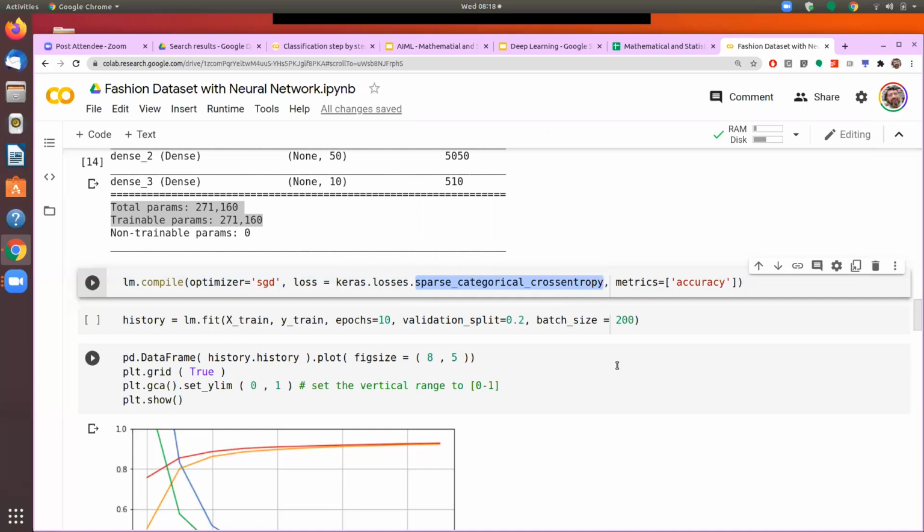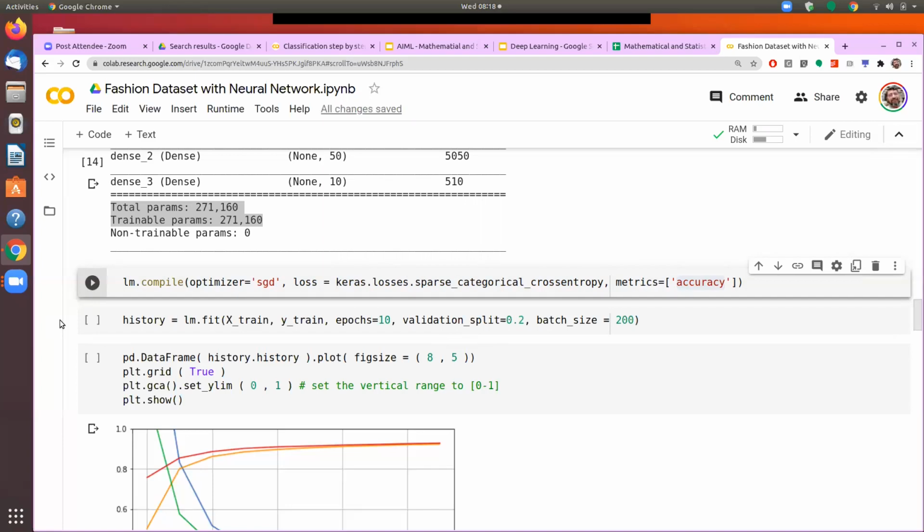If we are classifying our objects only into two categories, that is the binary classification, then there are other loss functions to use. And here we can define whether you want to go with accuracy or precision, recall. So we'll compile the model. After defining the model, we need to compile the model. And after we have compiled the model, then